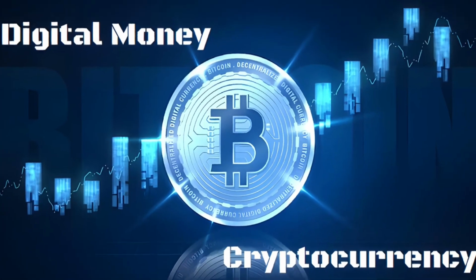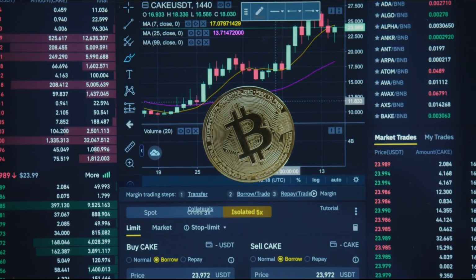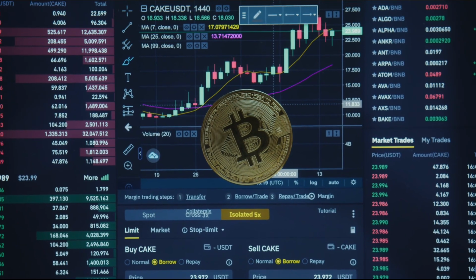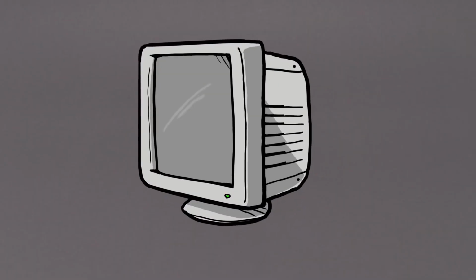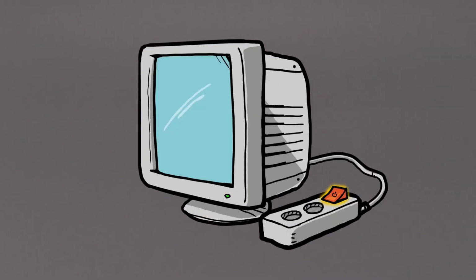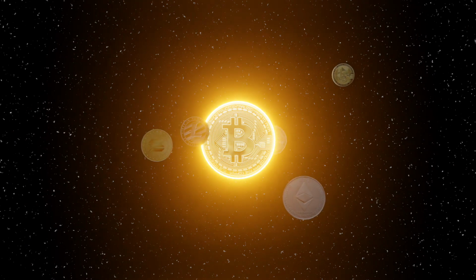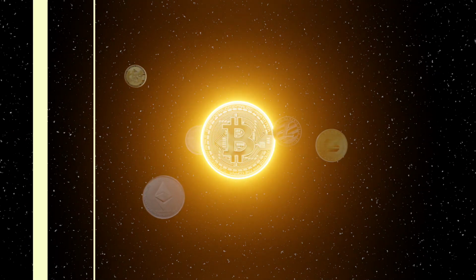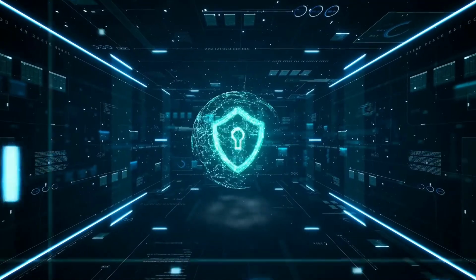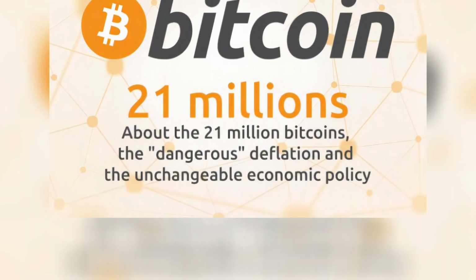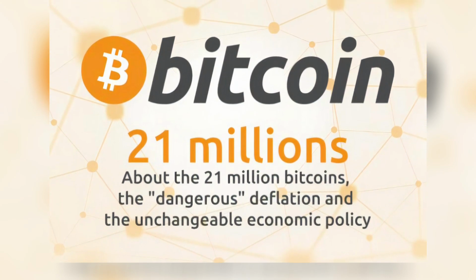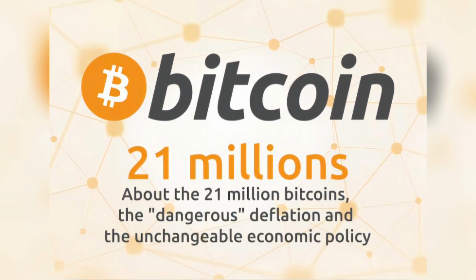For digital money or cryptocurrency, the main mechanism that creates and regulates money is the algorithm or protocol that governs the network or system that supports the digital currency. For example, Bitcoin is created and regulated by a decentralized network of computers that follow a set of rules called the Bitcoin protocol. The Bitcoin protocol determines how new Bitcoins are generated, how transactions are verified, how the network is secured, etc. The Bitcoin protocol also limits the total number of Bitcoins that can ever be created to 21 million, which makes Bitcoin scarce and deflationary.